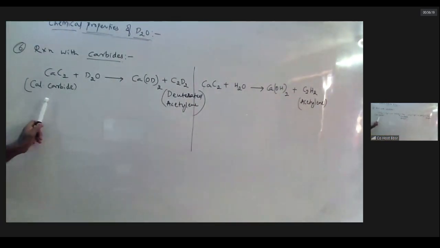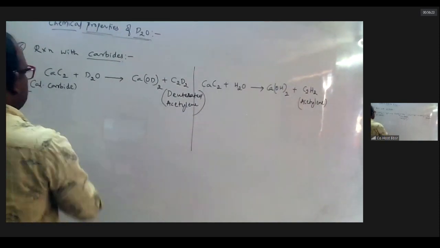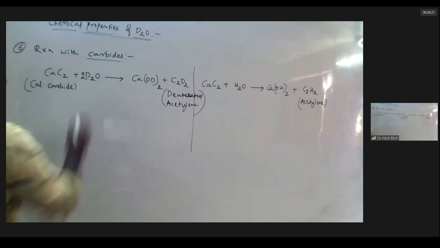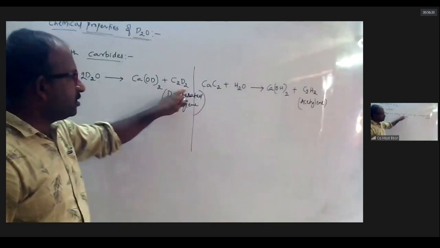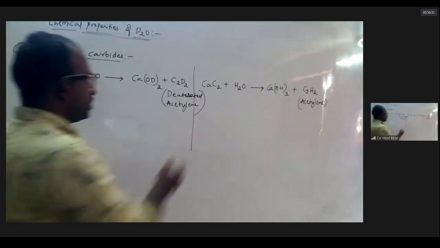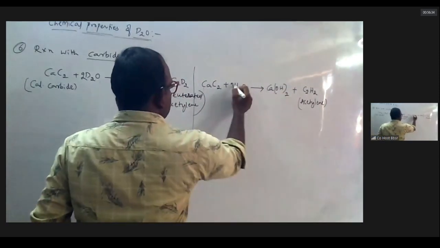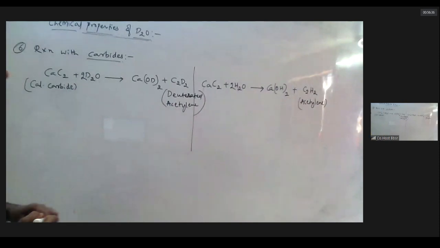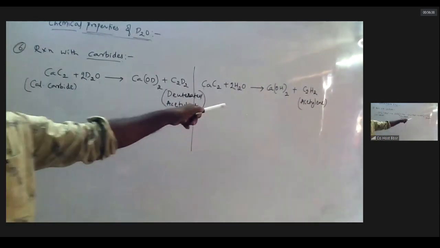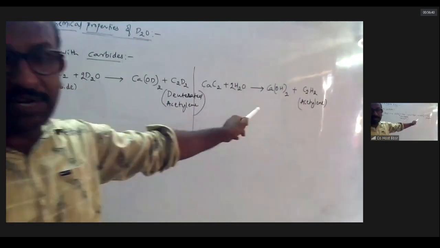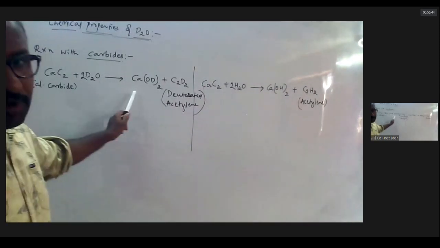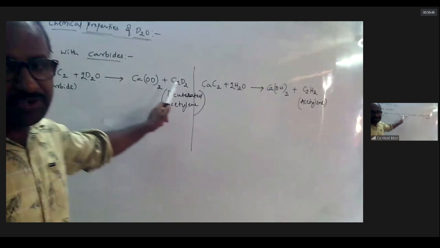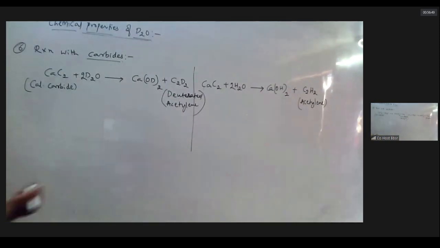Same thing here. The oxygen is not balanced, so here oxygen is 4 D, here 2. Here also you have to take 2 oxygens. Calcium carbide reacting with water forms acetylene and calcium hydroxide. Calcium carbide reacting with deuterium oxide forms deuterated calcium oxide and deuterated acetylene. Right? Another one is